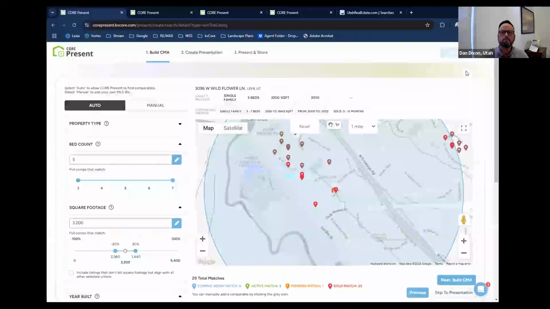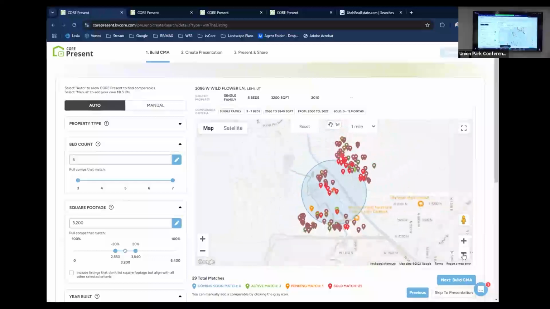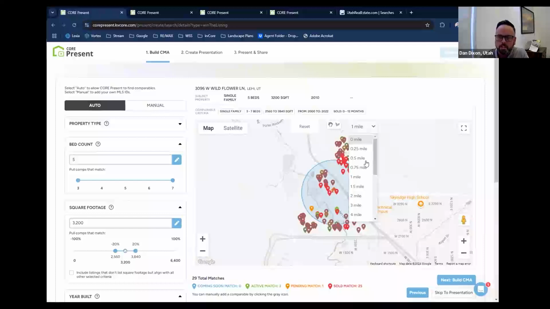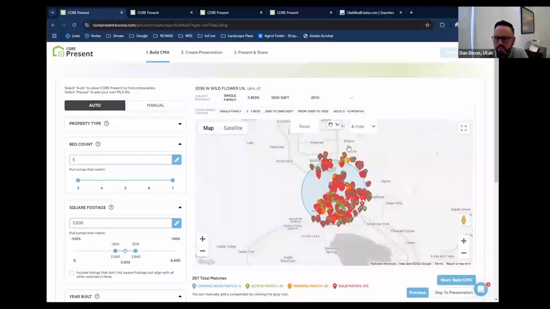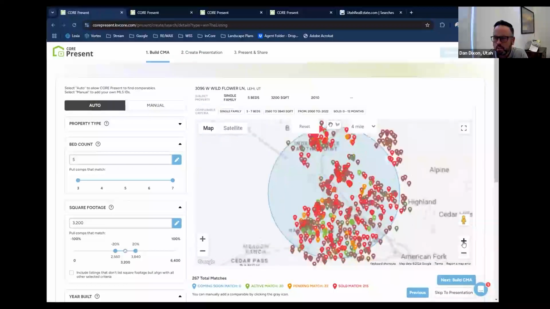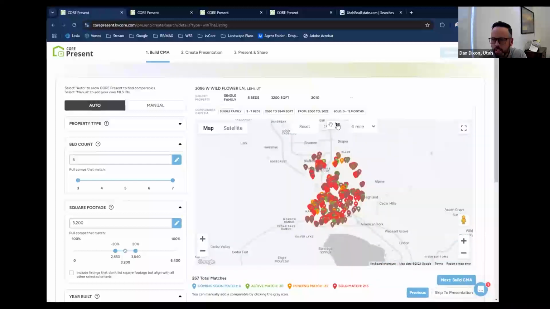Yeah, go ahead. Dan, can you redraw your map at this stage and avoid the opposite side of the freeway and include the footprint that you want with the polygon, or will it let you? It totally will let you, yeah. So you can choose any distance, right? 4 miles, get 215 sold comparables, or you can do what you're saying and say, you know what? I want to get in here and draw my own area.